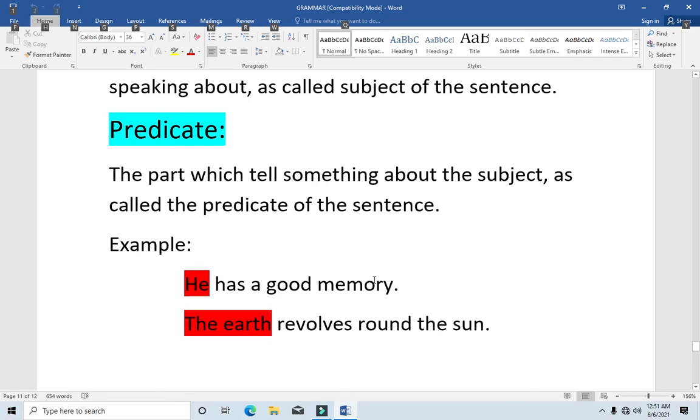For example, he has a good memory. In this example, has a good memory is the predicate because it tells something about the subject. In the other example, the earth revolves around the sun. In this example, the earth is the subject, revolves around the sun is the predicate because revolves around the sun tells something